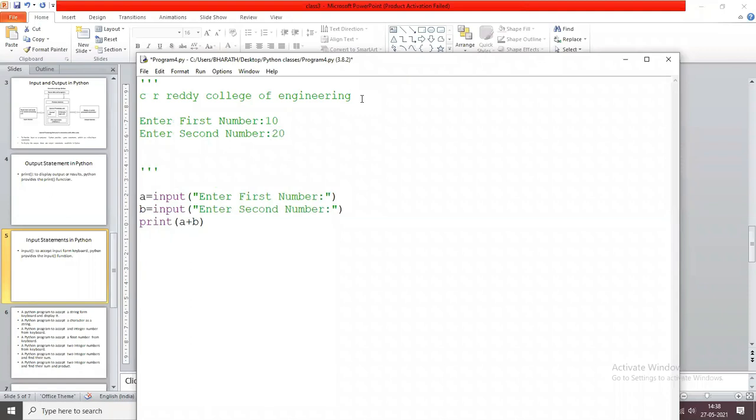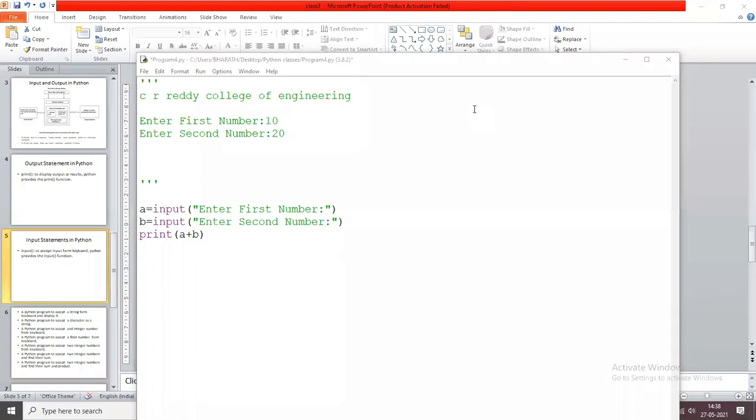I enter 20. If I press enter, what is the expected output? Anyone please give the response in the chat box. Enter first number 10, enter second number 20, print a plus b. So what does it print? 30.